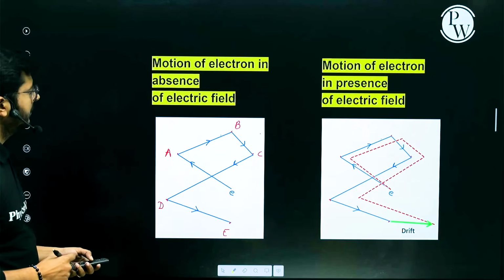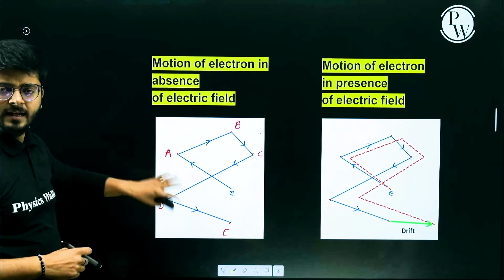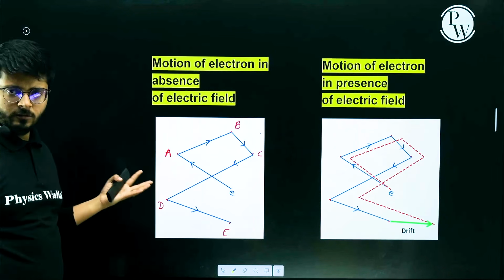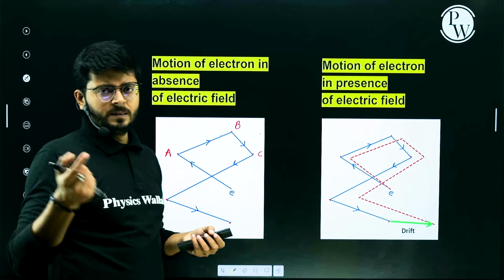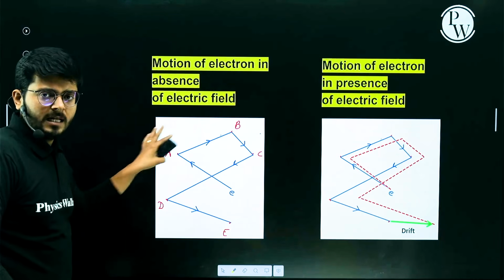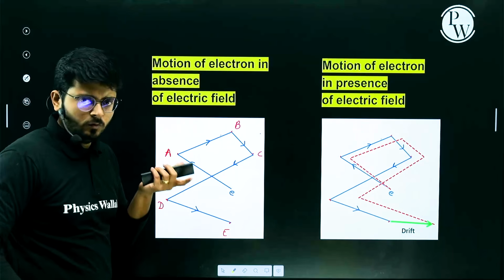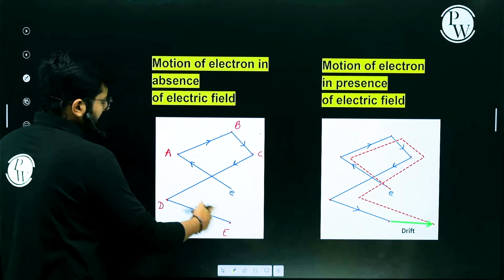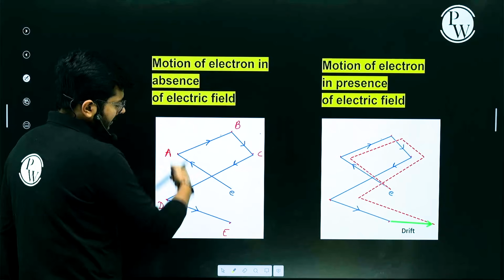All right. So you see that due to thermal motion, when there is no external field, the motion is still happening, but it is called thermal motion, right? At absolute zero temperature, this movement will not happen at all, right? At absolute temperature, all the particles will cease to move. So what is happening? Due to thermal motion, the electron started over here, and after all that zigzag, it ends